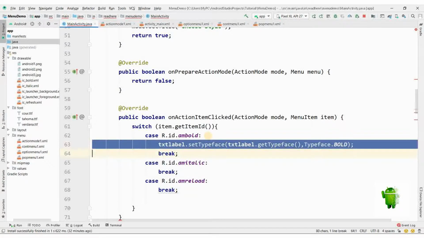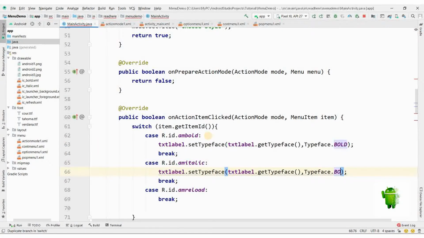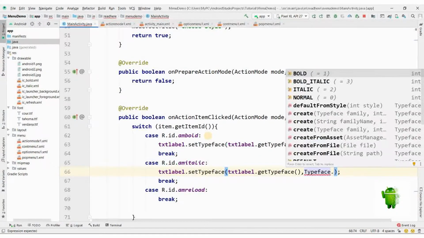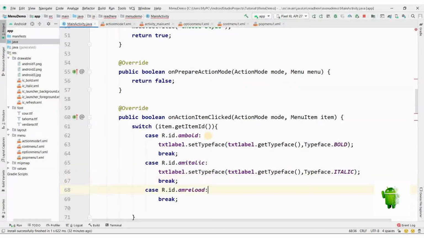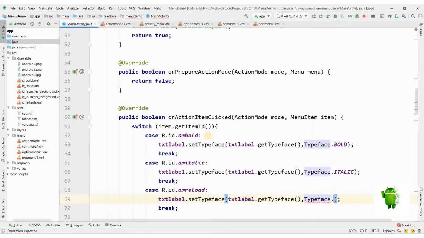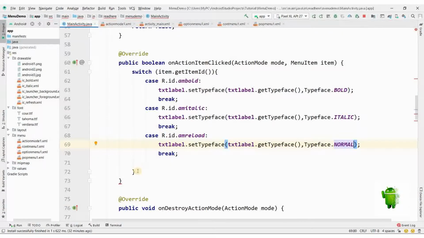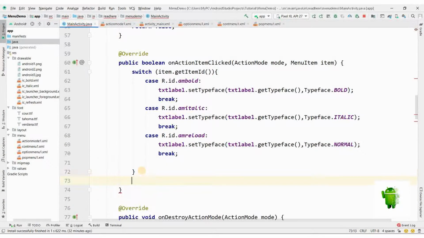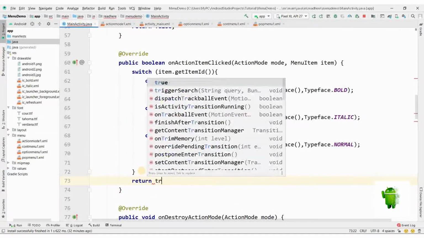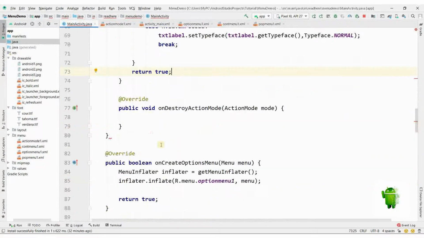If the option selected is italic, then we'll set here dot italic. And third option is reload. In that case, we'll set to the normal. Here we'll return the true at the end of the function, and on destroy we'll set